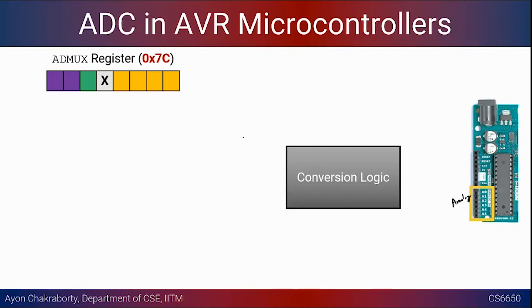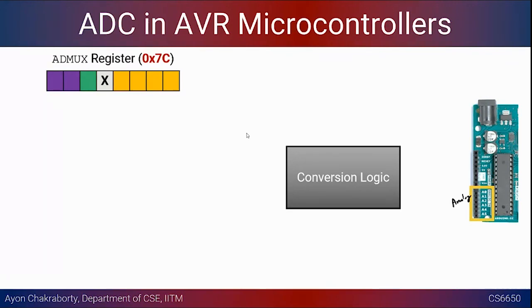Okay, so for many IO ports, for example the digital IO ports, we remember we were using the DDR register, the data direction register, and the data register for setting particular bits in the digital ports. Similarly, for the ADC also, we will have different kinds of registers, and the most basic register that you need to set in the very beginning is the ADMUX, the analog to digital multiplexer register. This basically controls where the data is read from and what is the reference voltage.